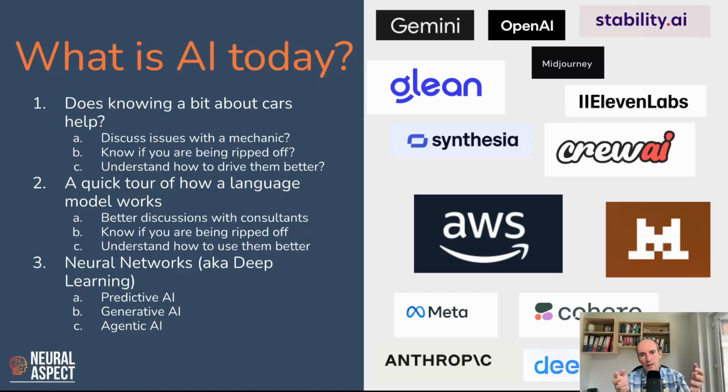And the other thing that I would say is that it doesn't really matter what it is that you're looking at today, whether it's predictive AI, whether it's generative AI, whether it's agentic AI, whether it's something that produces an image for you based off of a prompt like you might get with Midjourney, whether it's something that is going to produce speech for you, text to speech, you give it some sort of transcript and it's going to produce you a voice file, or vice versa, where you're transcribing meeting calls, or whether it's going to do deep research for you as you have in things like Perplexity, or even ChatGPT,